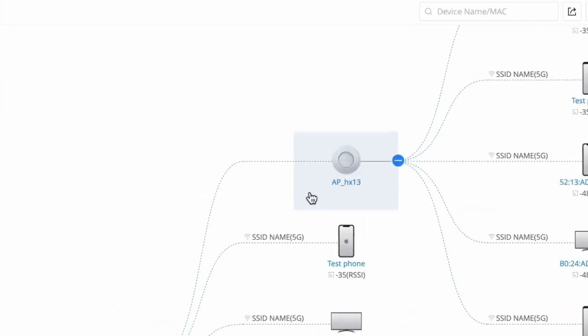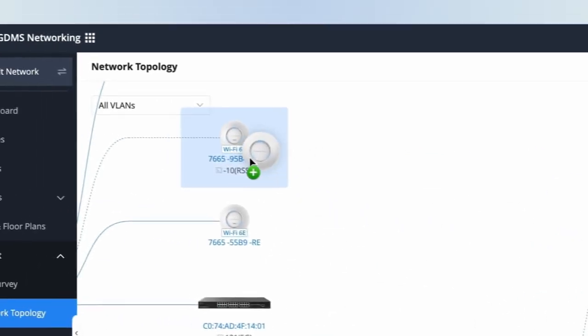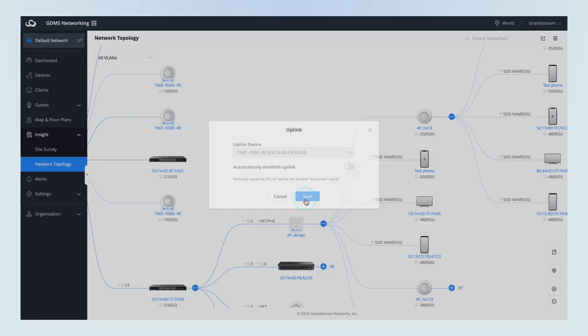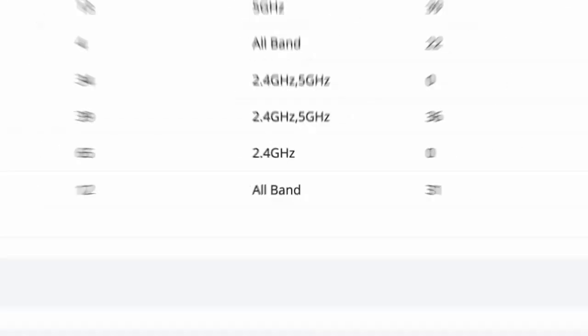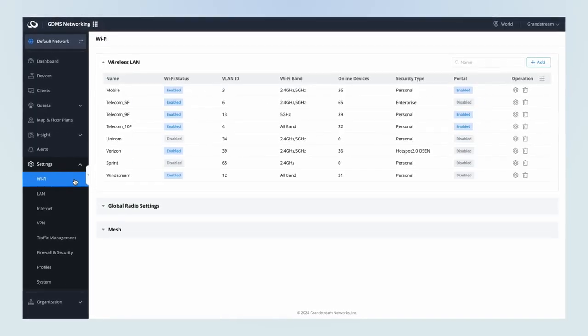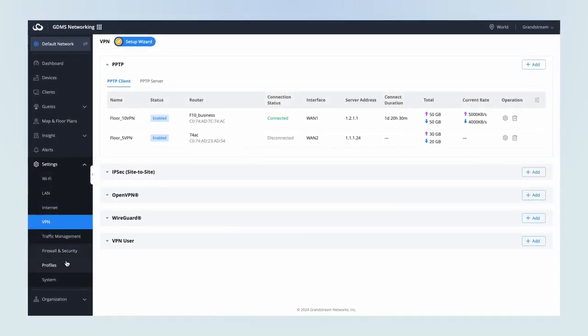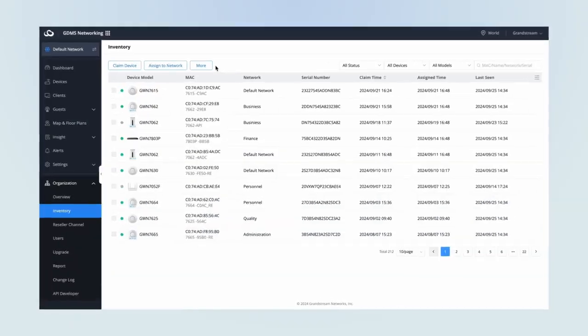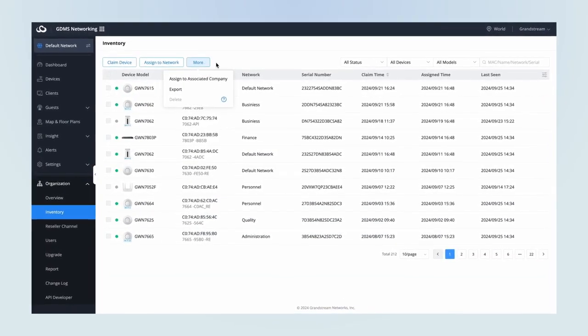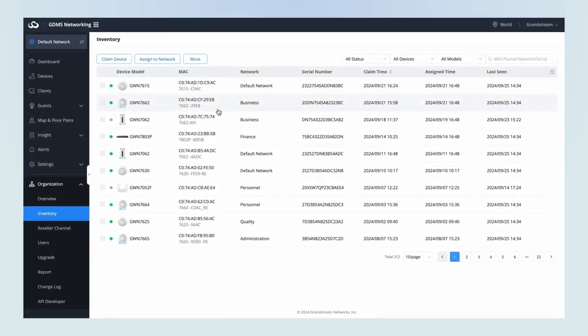Topology maps provide a great way to view and manage networks, devices, and connected clients. Easily manage large numbers of devices through unified configuration to simplify network setup and management. You can also find, add, and allocate equipment globally in the inventory section,